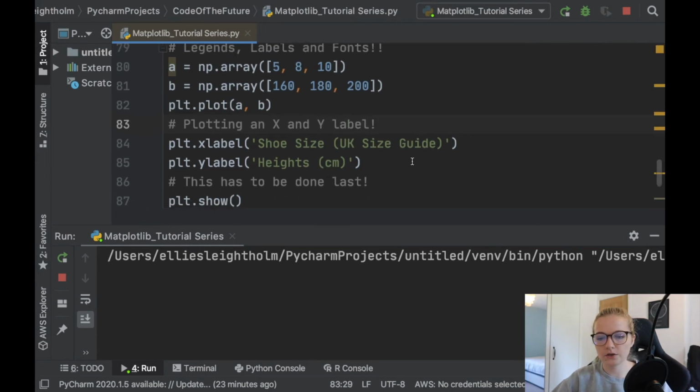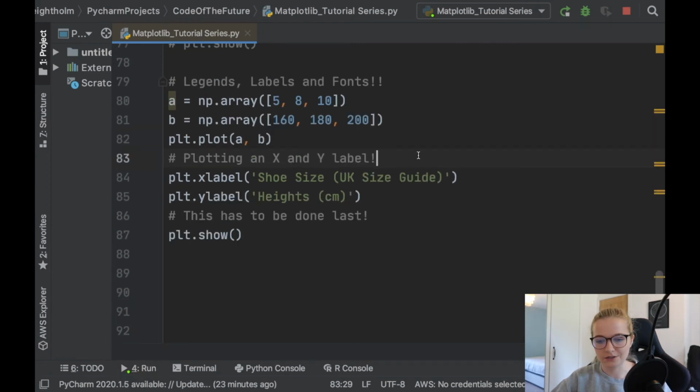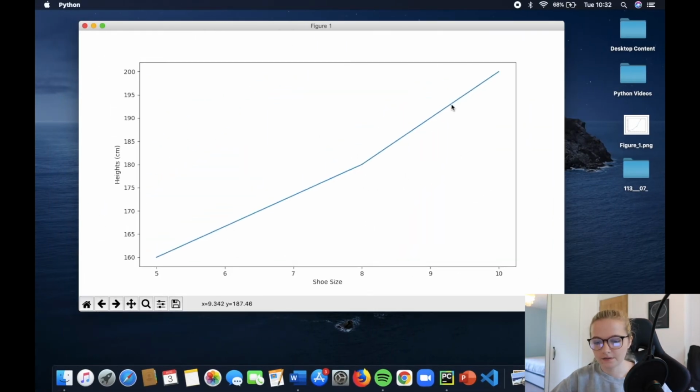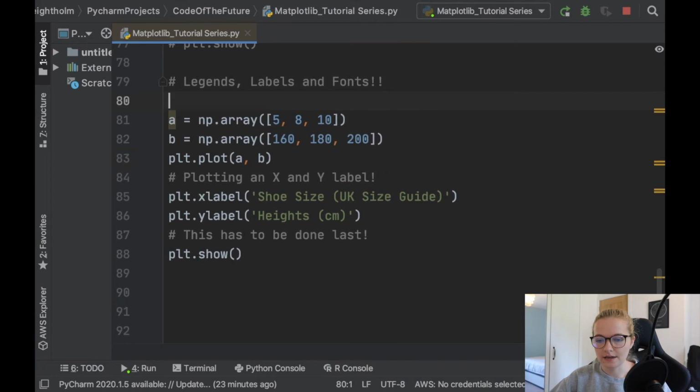Now what I'm going to show you is how you can plot a legend. I honestly love legends, I'm not going to lie. You may wonder what a legend is, and it's essentially a little key. So up here we will have a little box, and it will say what this blue line represents. So let's say A and B here are, let's say, measurements from